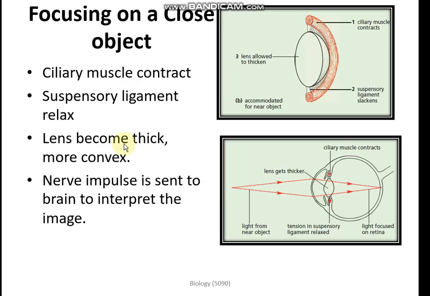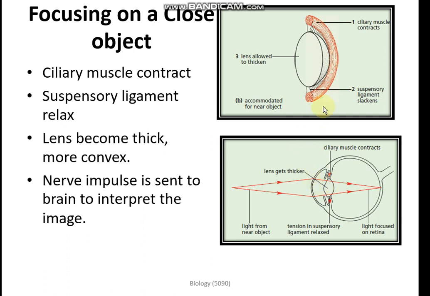Now we will see how we see the image when we are looking at a close object, like if we are reading a book. The light rays which are coming are not parallel. The light rays will first pass through cornea, then through aqueous humor.